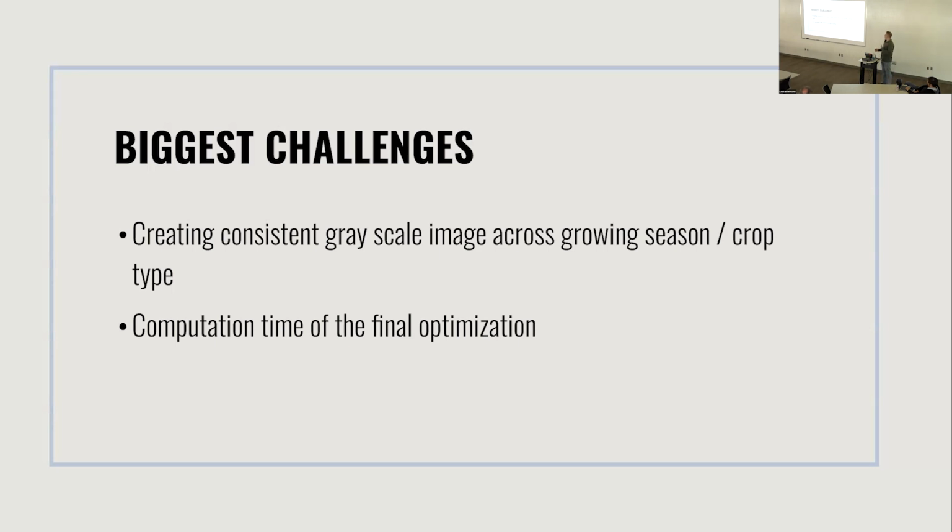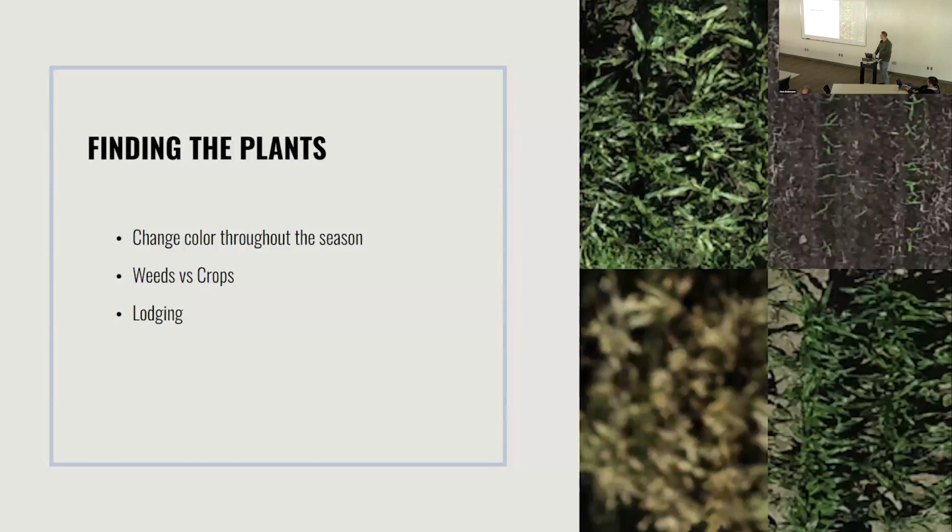The other biggest challenge that I've been running into is the computation time of the final optimization. Because we're doing that optimization and recomputing the model, then another optimization, it ends up taking close to an hour, currently the way that it's set up. And I think a lot of that has to do with the optimizers that I'm using. And so it's something that I was really looking forward to asking y'all questions on, if you think there's any better methods.